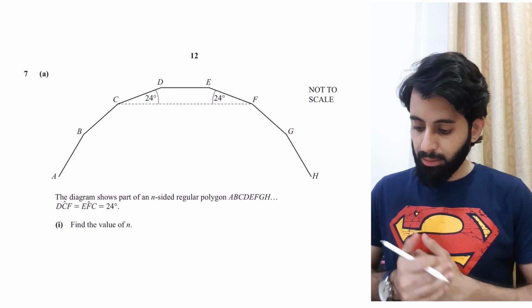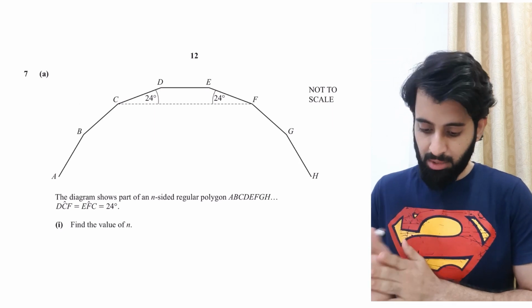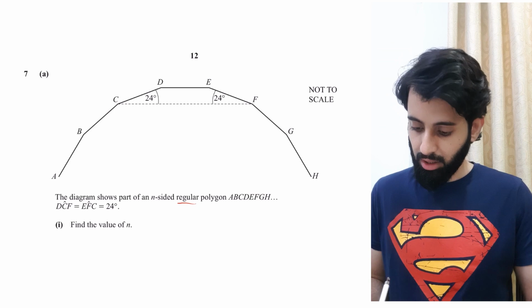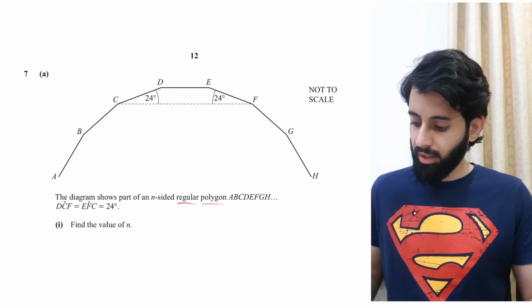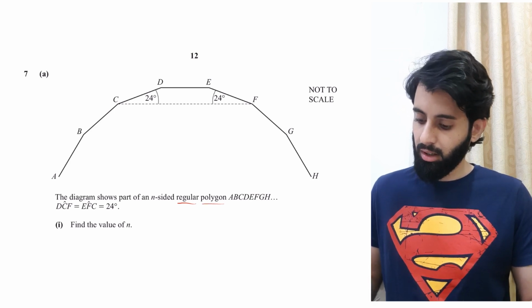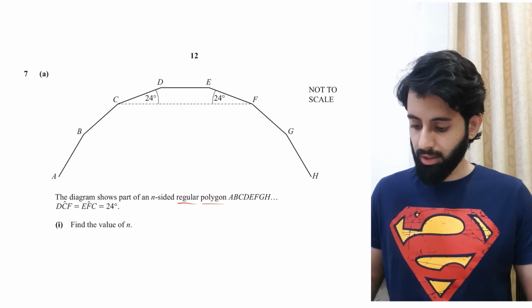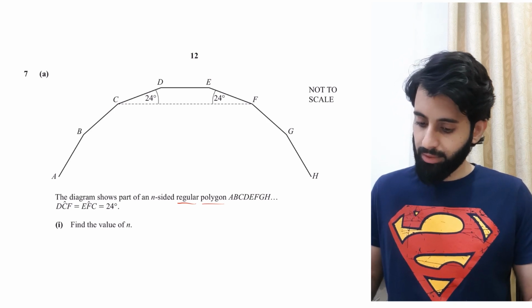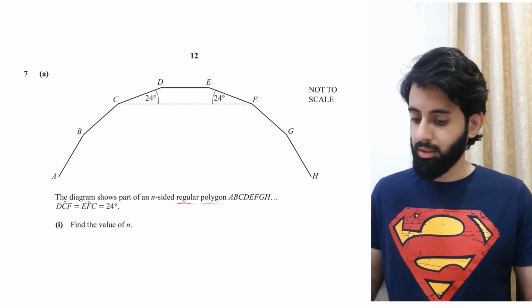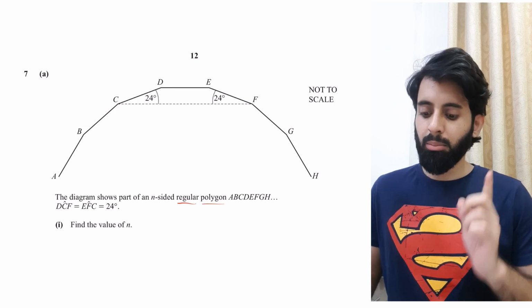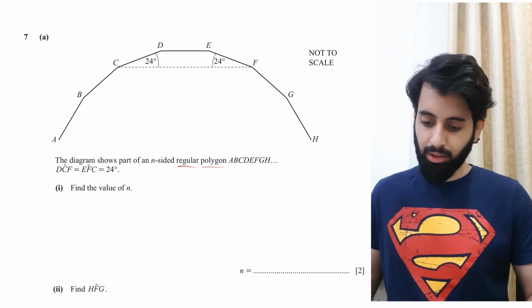So it says the diagram shows part of an n-sided regular polygon A, B, C, D, E, F, G, H. Okay, so it's a regular polygon. DCF is equal to EFC, which is equal to 24. All right, we can see that also. And then it says find the value of n. Okay, so because it's a regular polygon,